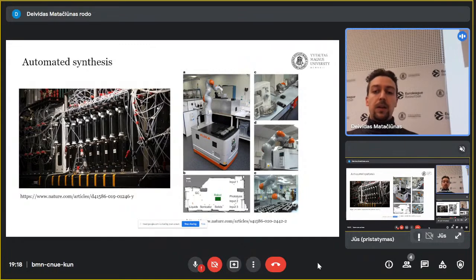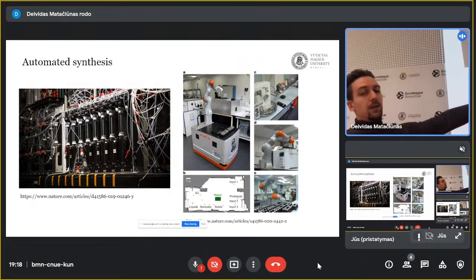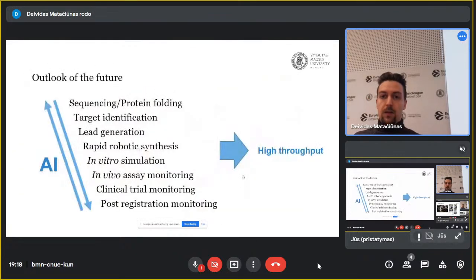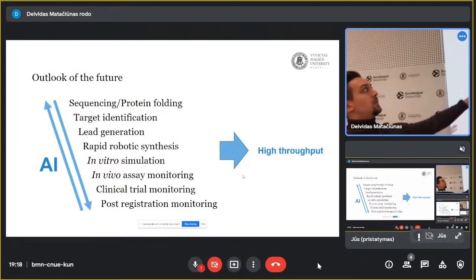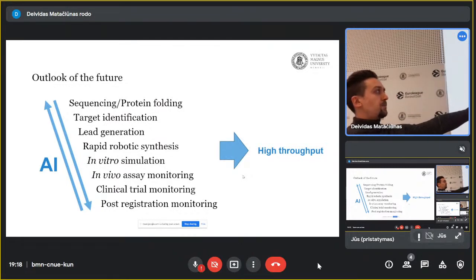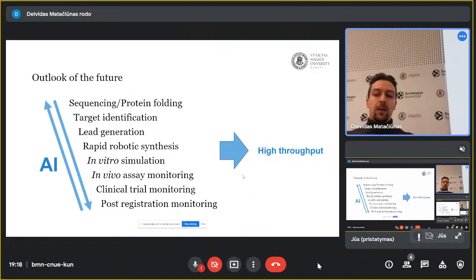Because it's a lot more complicated, there are a lot more different steps and different routes you can take. On the right, there's a helper robot. It has to navigate the entire laboratory. There's a plan illustrating that complexity, that you have a lot of equipment that you have to work through. So it's difficult. And the entire idea is that all the way from sequencing and folding proteins, through target identification, into even clinical trial monitoring and post-registration monitoring,